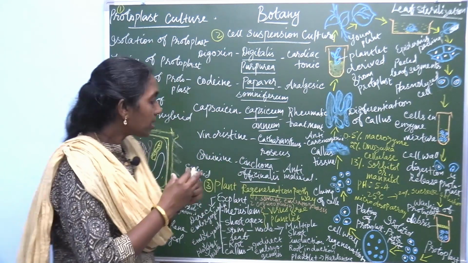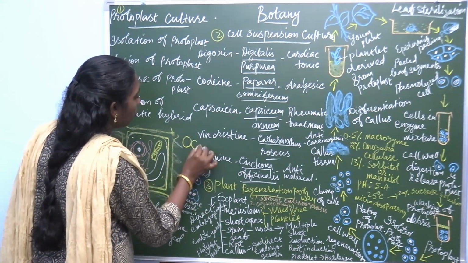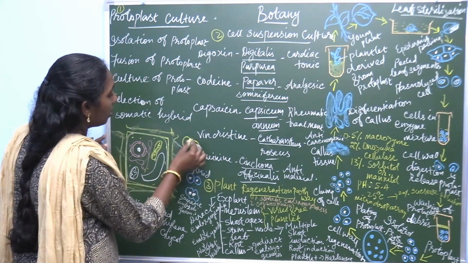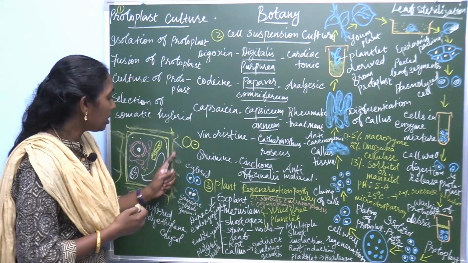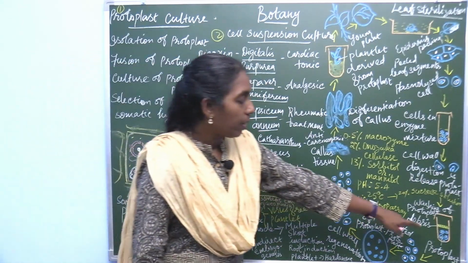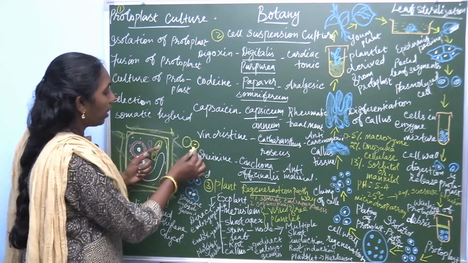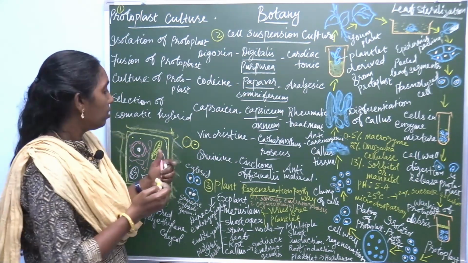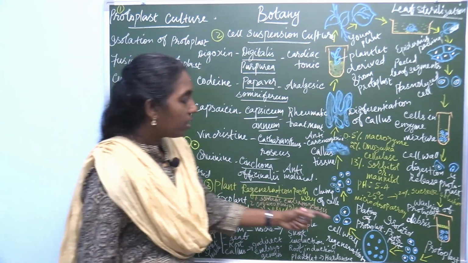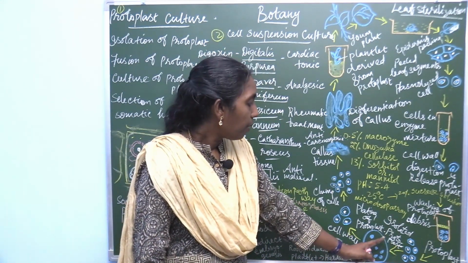It just joins the protoplasts. Here the cell wall is absent. Now everything is removed by centrifugation. Now the plasma membranes join together, and the fusion is allowed to proceed by the plating technique